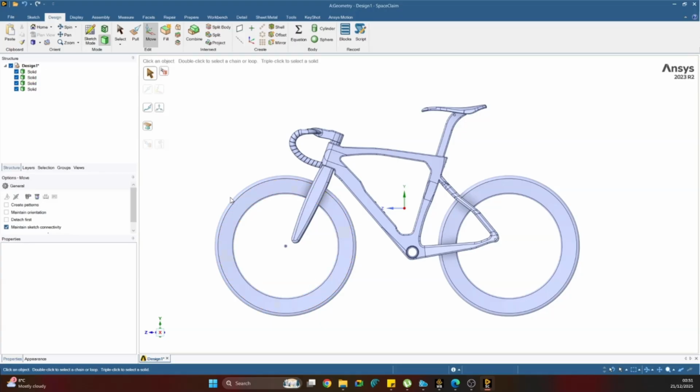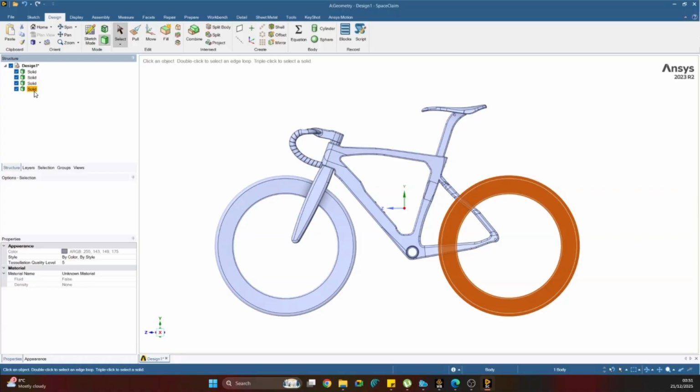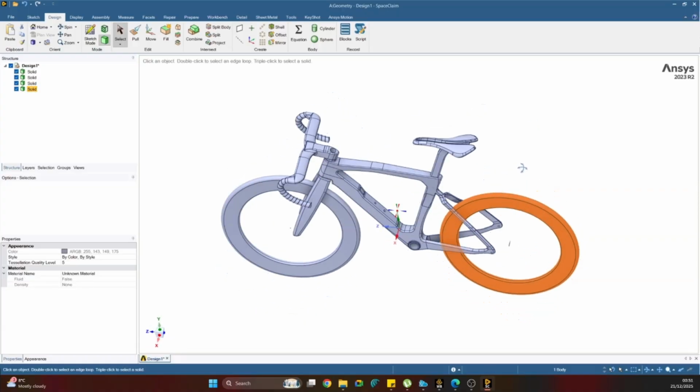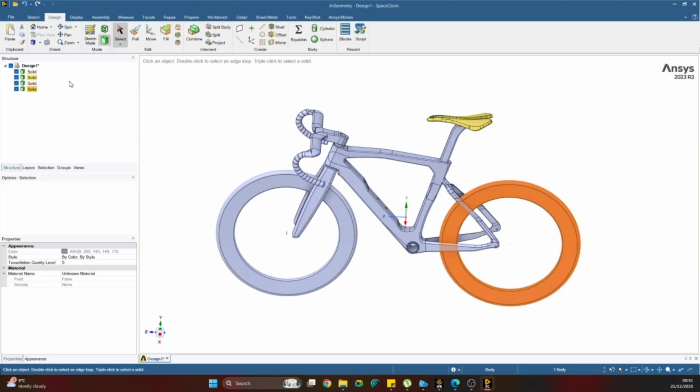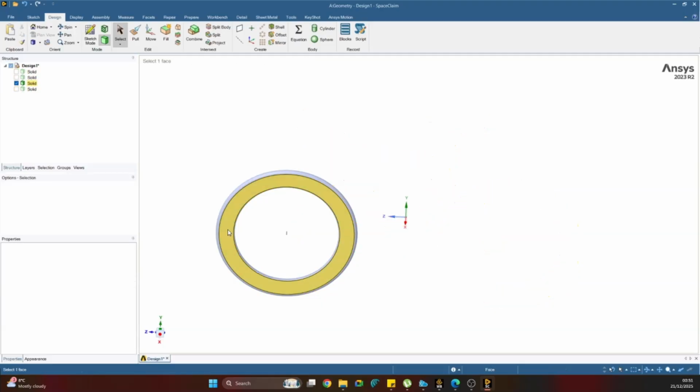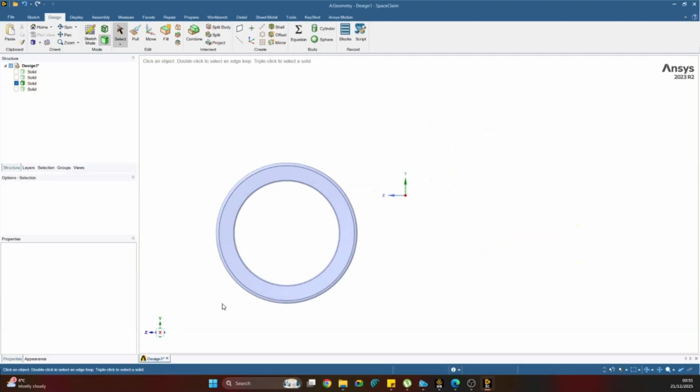Okay, so now we will create the interfaces. In order to create the interface, we will first hide the. Okay, we can do one more thing. We can remove this face if we remove this tire for now. Okay, no, we have to do it separately. Okay, so this is our tire 1. We can hide the remaining things. And now